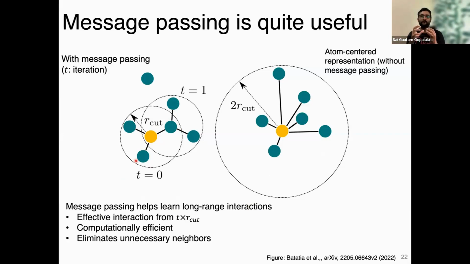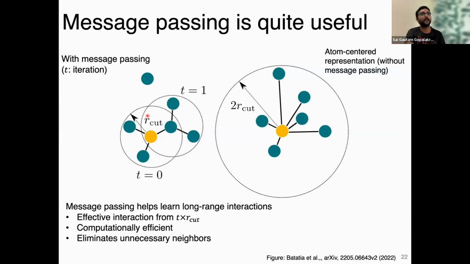Now, if you were to use graph networks, this ensures that you can have a fairly small region of influence around a central atom, what we call the cutoff radius, right? So the cutoff radius can represent the nearest neighbors of an atom within a structure, right? So your model takes into account only the nearest neighbors in the first instance, but with message passing, it can learn about its next nearest neighbors, next nearest neighbors, and so on. So the more message passing you have, the more a central atom knows about its